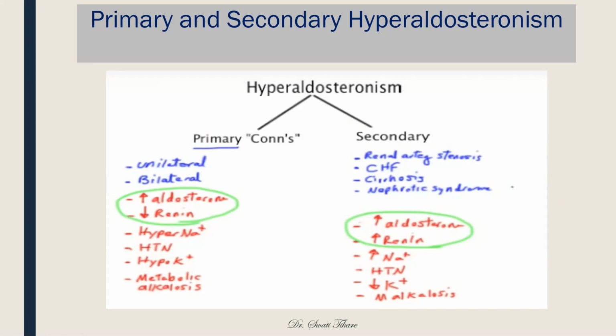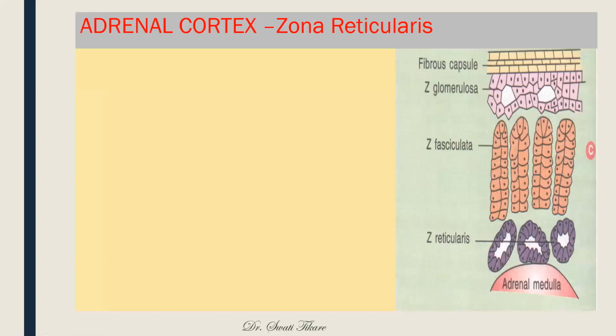Next, we will move on to the last part. Lack of effective circulation is the reason why there is excess renin stimulation and excess renin. We will move to the last part, that is the zona reticularis. So zona reticularis is over here, and what are they secreting? They are secreting